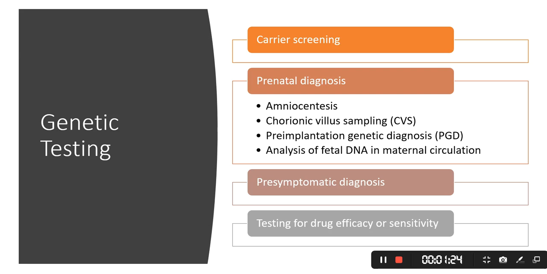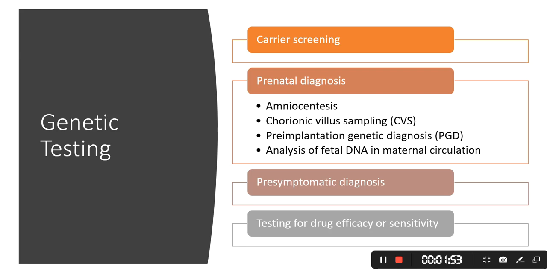Then the second reason is prenatal diagnosis. Prenatal diagnosis has become a part of testing because we need to know if the baby is developing normally or not, and whether the baby that will be born will have any genetic diseases or not. So for that, prenatal diagnosis is carried out. What are the methods by which you can do prenatal diagnosis? The first is amniocentesis. What happens in amniocentesis is that a fluid is taken from the mother's belly,